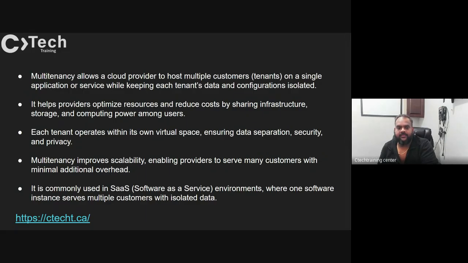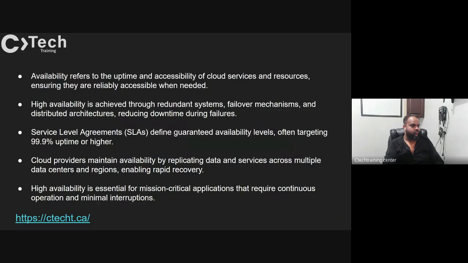Multi-tenancy improves scalability, enabling providers to serve many customers with minimal additional overhead. It is commonly used in the SaaS, software as a service, environment, where one software instance serves multiple customers with isolated data. Okay, so pretty much that is Core 1 Module 1, and I believe this is